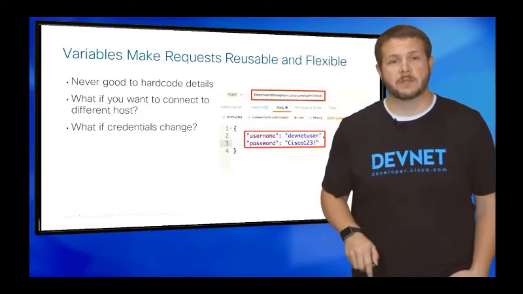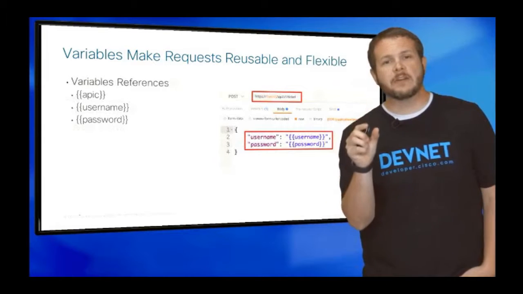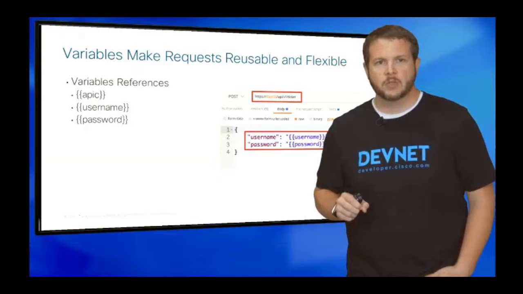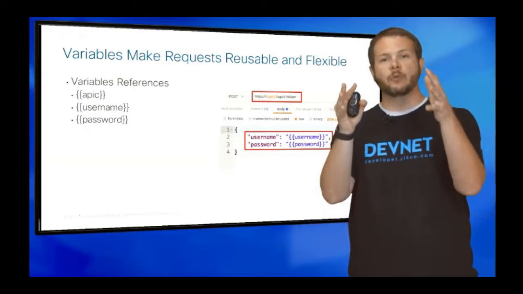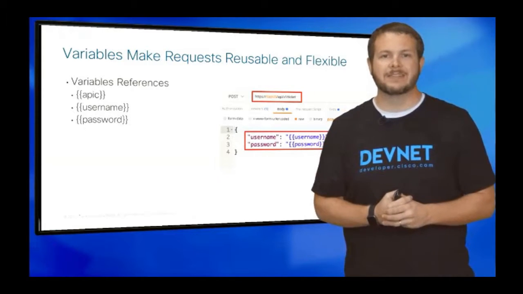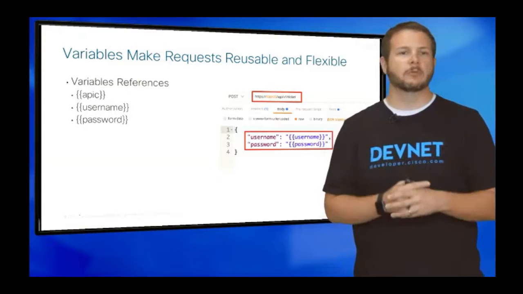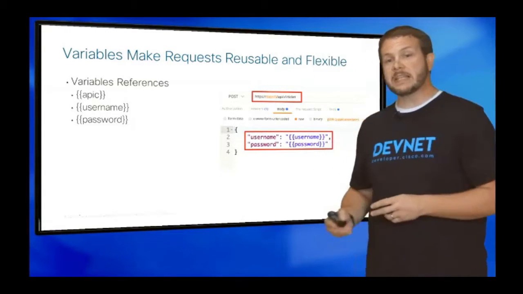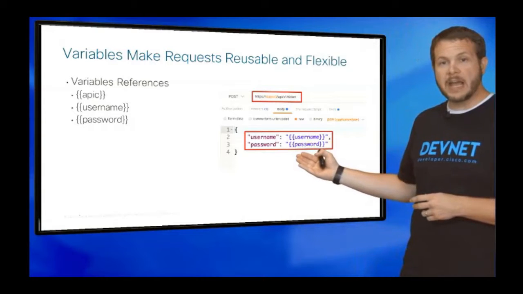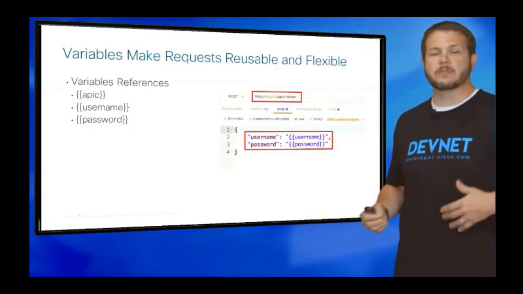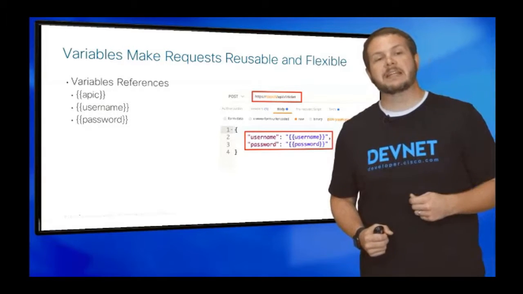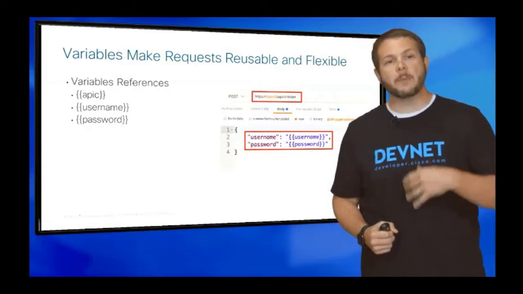And this is where environments come through. We want to take those variables and divide them up. We want to change our API requests. So rather than putting the actual fully qualified domain name or IP address inside of the URI, we put a variable reference in using double curly braces and then APIC. And then inside the body where we've got our username and password, I use double curly braces username, double curly braces password. Now, this API request, I can save it in a collection and I can just update those variables